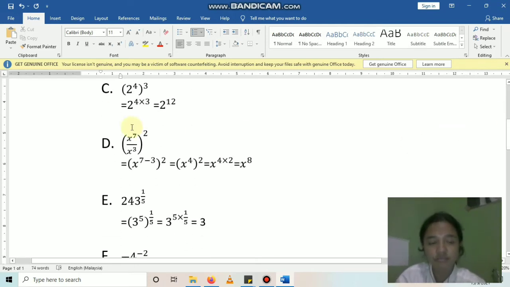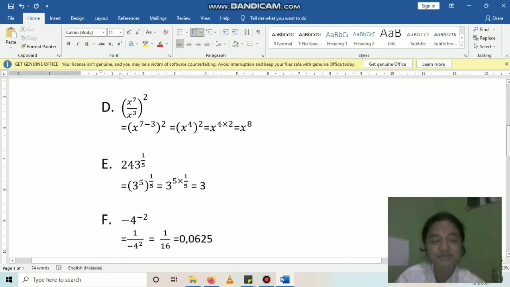Next, 2 to the power of 4 cubed equals 2 to the power of 4 times 3 equals 2 to the power of 20. Next, x to the power of 7 divided by x cubed, all to the power of 2, or x to the power of 7 divided by x cubed, all squared